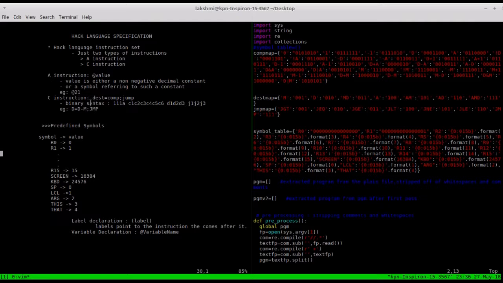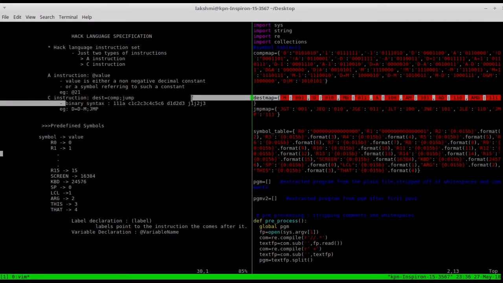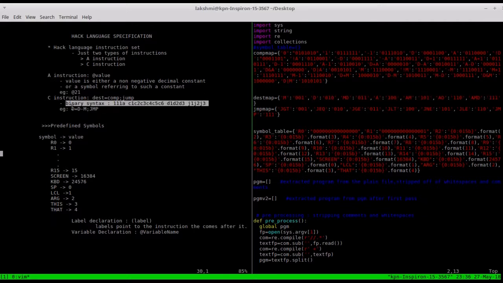So what we basically do is we take each part of the C instruction, the destination part, the compute part, the jump part, and we convert these individual parts into their binary equivalent form, which you can see here, and it is represented like this. In the binary syntax, the first bit is 1 because it is a C instruction, the MSB is 1. The next two bits are ignored,